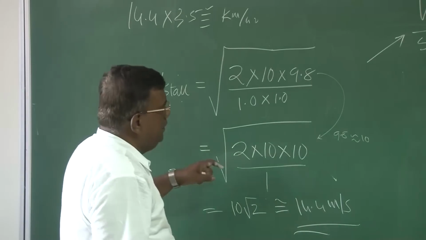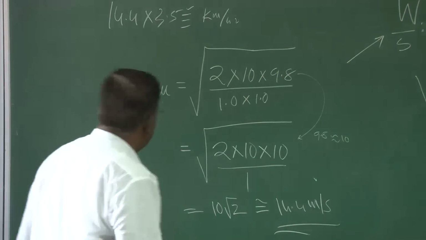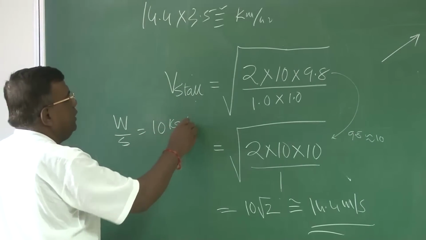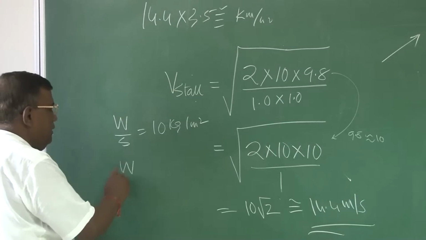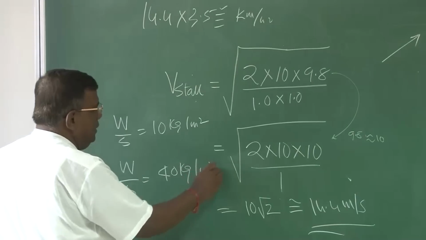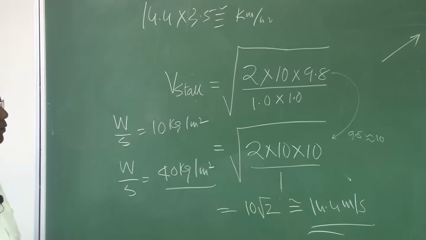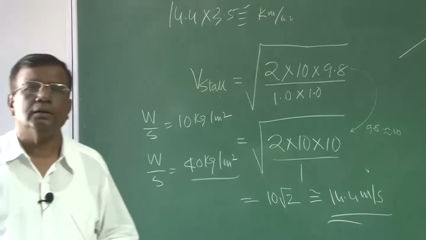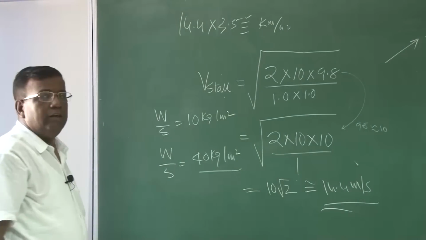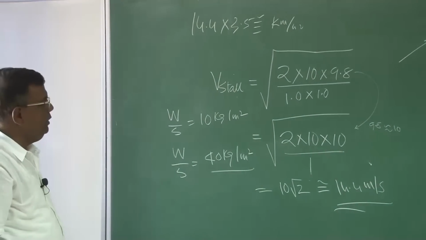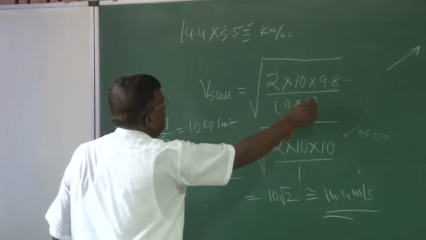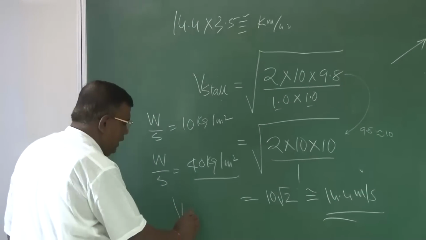Now see, if I increase wing loading, in this case wing loading first was 10 kg per meter square. Now suppose I raise this wing loading to 40 kg per meter square. This 40 kg per meter square is the wing loading typically for motor gliders, right? We have shown you in the first lecture, the Sinus 912. This is typically the wing loading. So if I assume other things are okay, other things are good enough in approximation, then I will get Vstall as